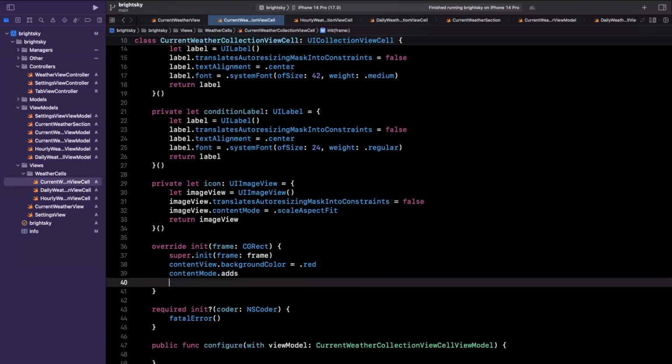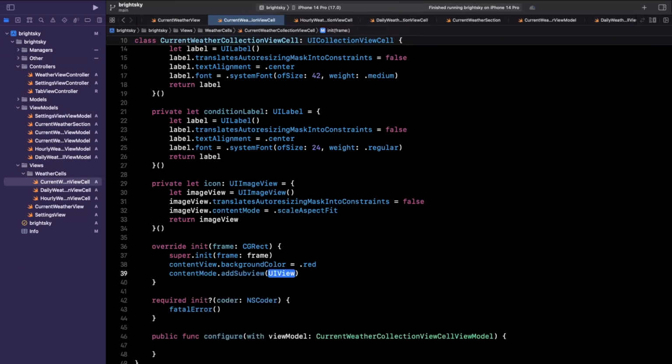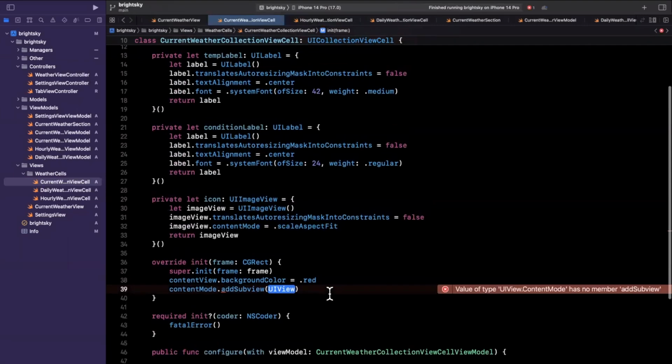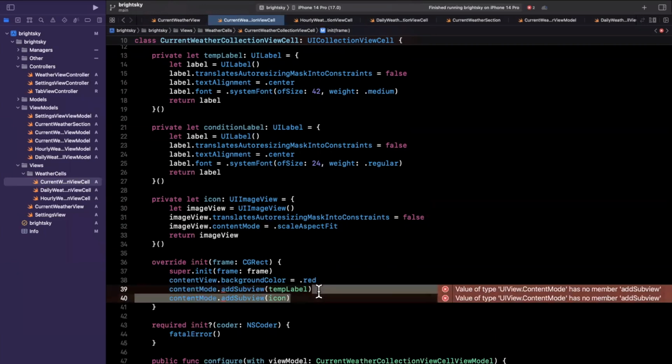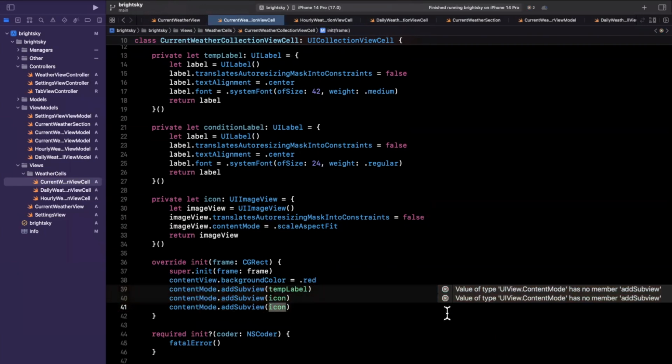So we're going to say addSubview. And come on, autocomplete, there you go. And we're going to try to go in the order that we are trying to achieve here. So let's do it. So first we're going to do the icon up top. Then down below, or I guess instead of the icon up top, what we probably want is the temperature label up top. And then right below it, we can probably have the icon, and right next to it, we can have